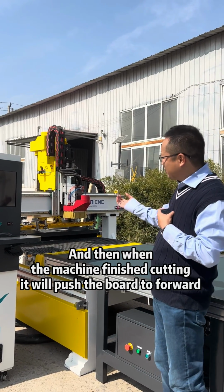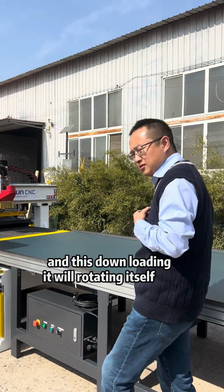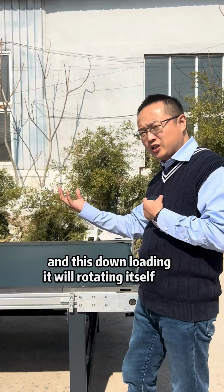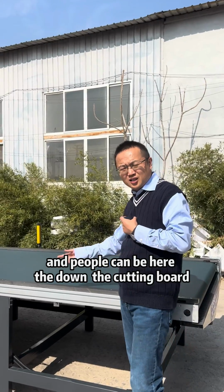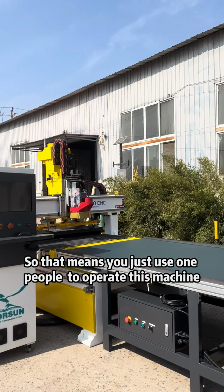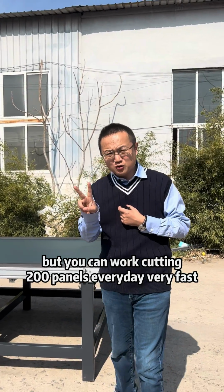And then when the machine finishes cutting, it will push the board forward, and this download table will work. It will rotate itself. Then the person can be here and download the cut boards. Then the machine works by itself again. So that means you just use one person to operate this machine, but you can cut 200 panels every